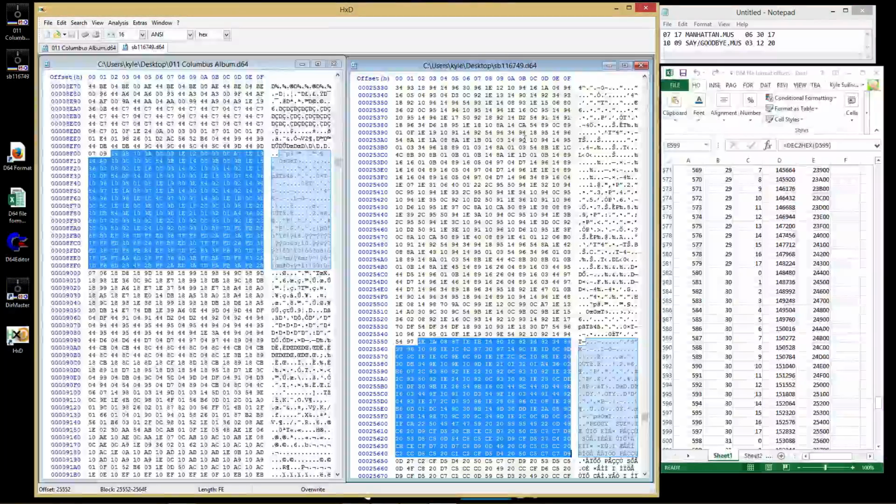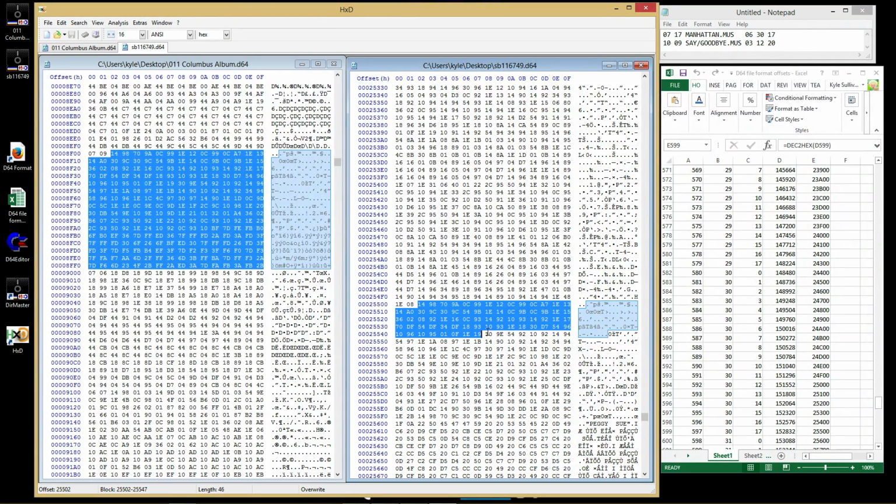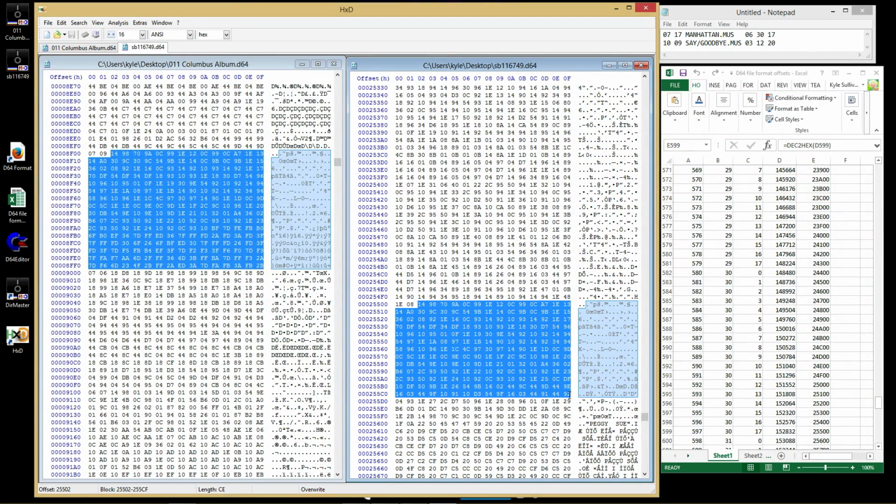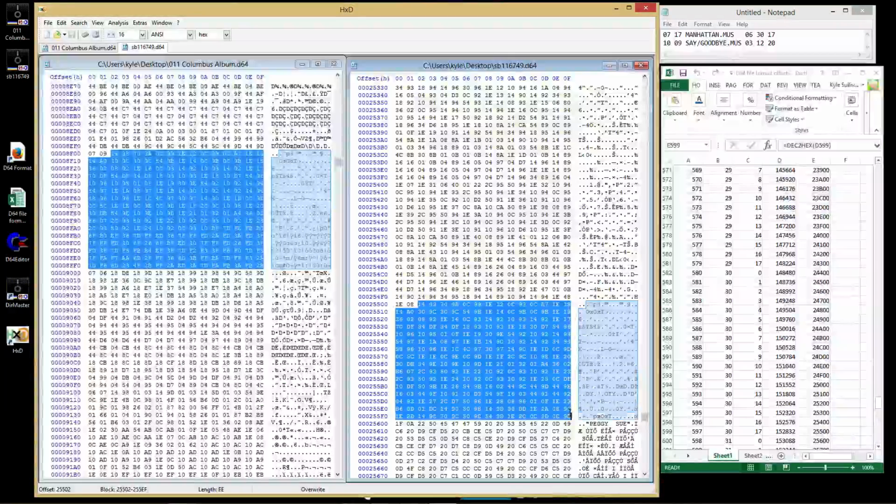25500. Oh yes, I went 25500, not 25550. So that's a demonstration of why you always want to check the first few bytes, assuming that the corruption didn't start with the very first byte of the file, because sometimes it's easy to select the wrong thing, which I just did. Okay, so if we compare the old image to the new image, we see the first several bytes are the same,